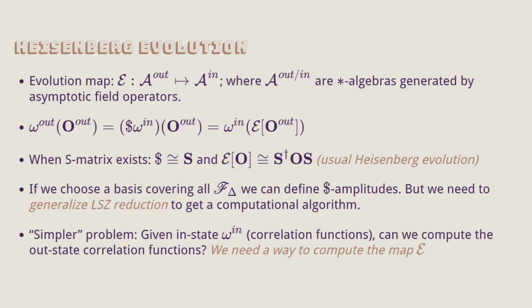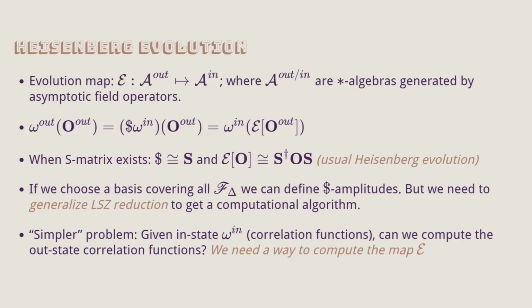So one way was, if you find some big basis that covers all your states, all these many Fock space states, you just make some basis out of them, like the super translation basis that was being asked about. Even though this is a map, you can compute its components in this different basis. And you'll call them amplitudes, same as how usual amplitudes are just components of the S matrix in a basis.